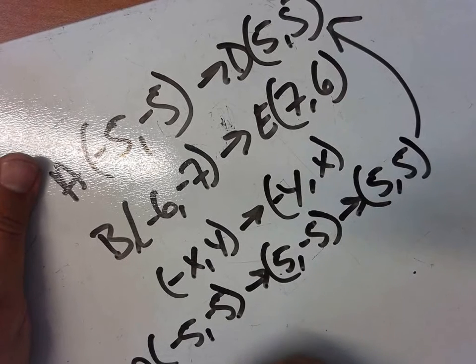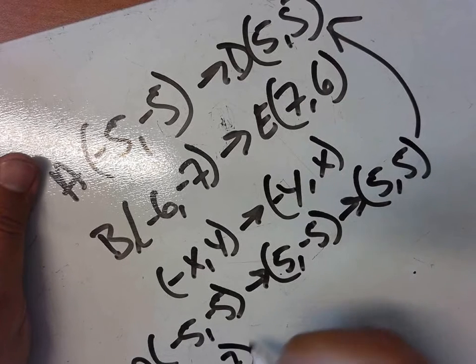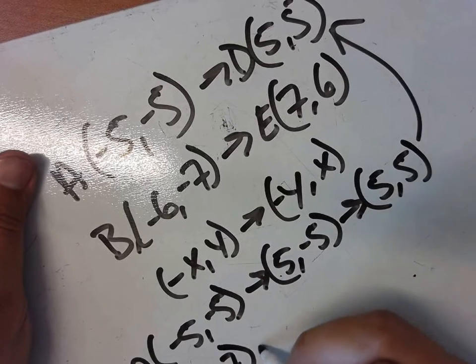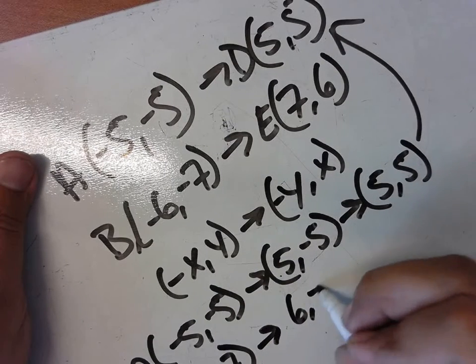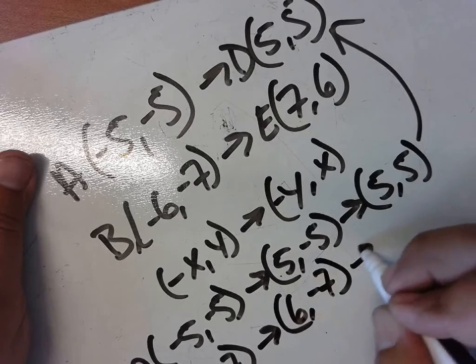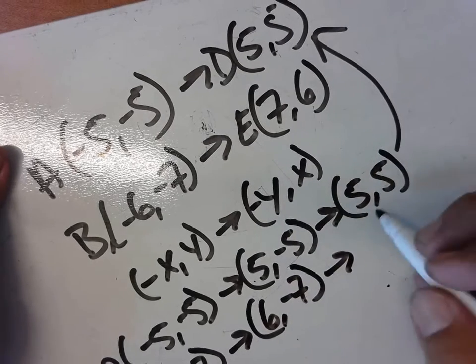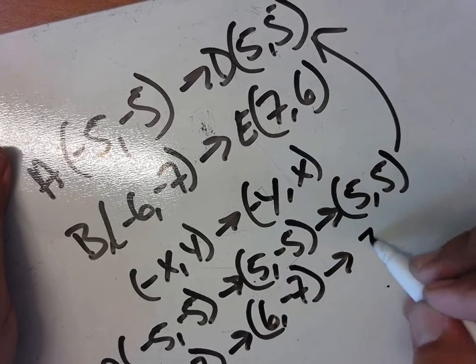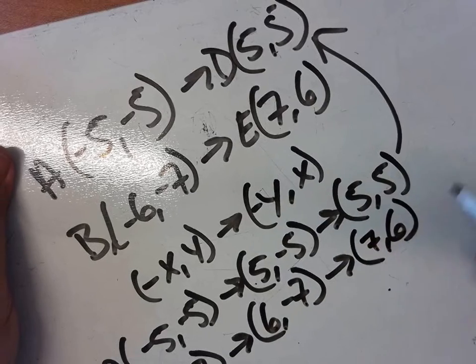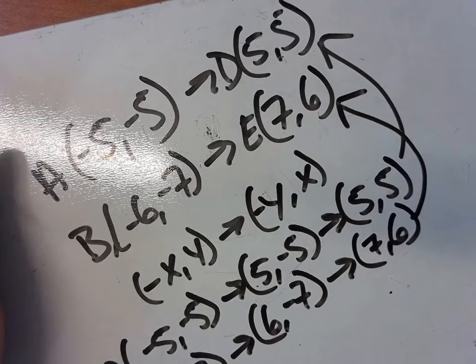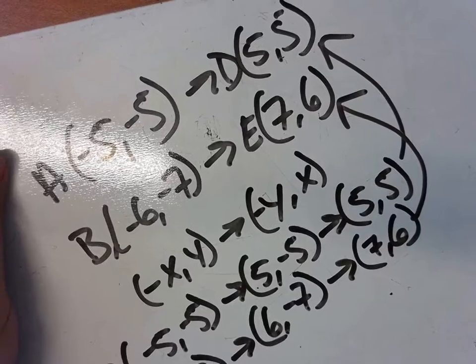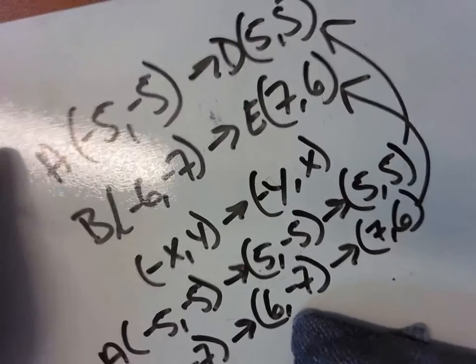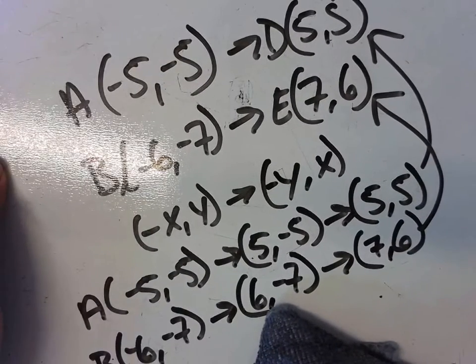B, -6, -7, doing the reflection. The 6 becomes positive, 7 stays the same. Doing the rotation, change the order and the sign to the first one. Second one stays the same, which is what it's supposed to look like. So A and B are both your answers